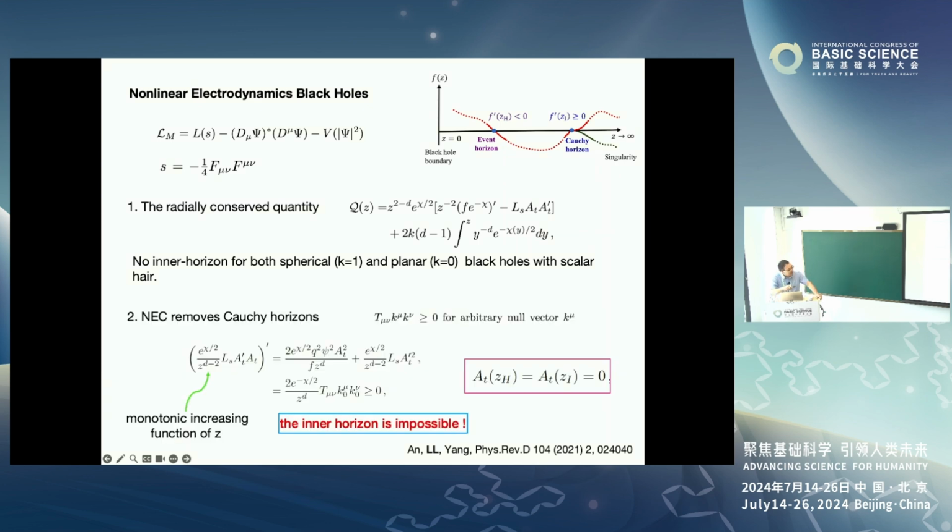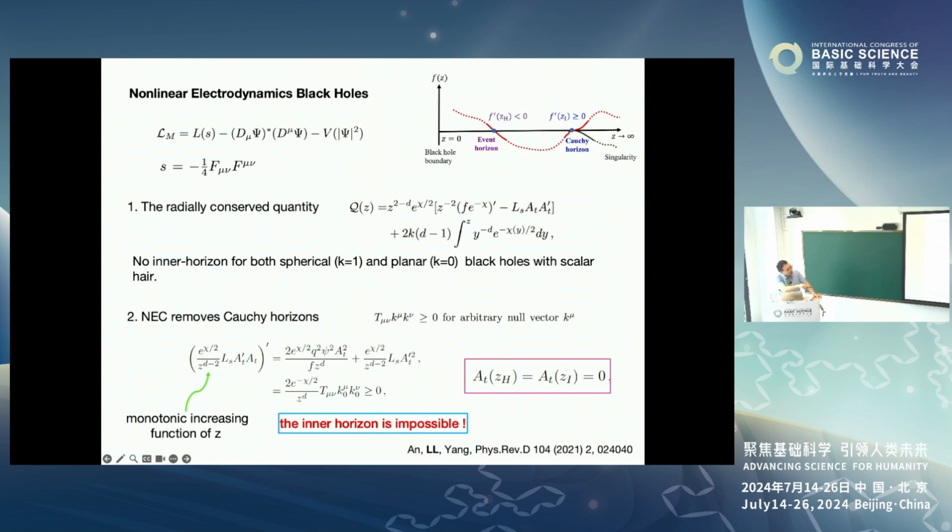And we also show that if you give more constraints, like the energy condition, so here we consider the null energy condition. Which means that this considers a null vector and this energy momentum tensor, and this condition is satisfied. This is called a null energy condition. We can show that there is no inner horizon even for the hyperbolic case.